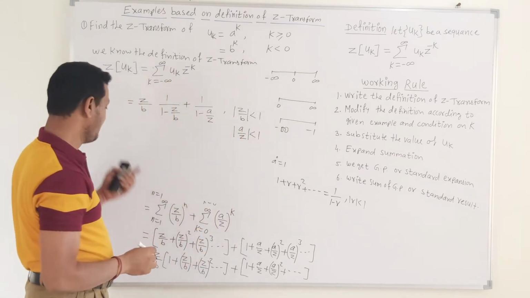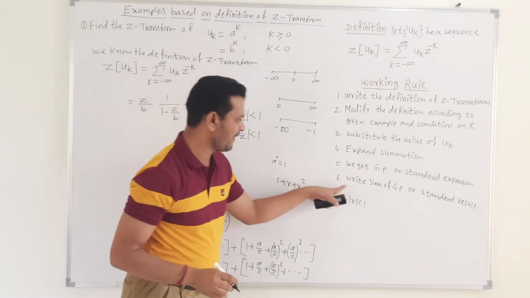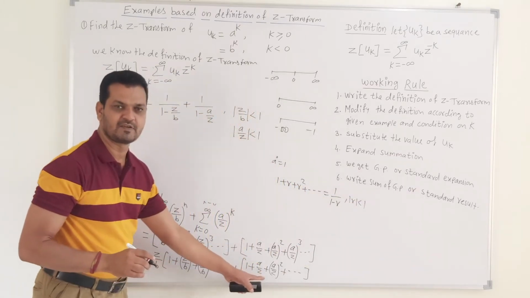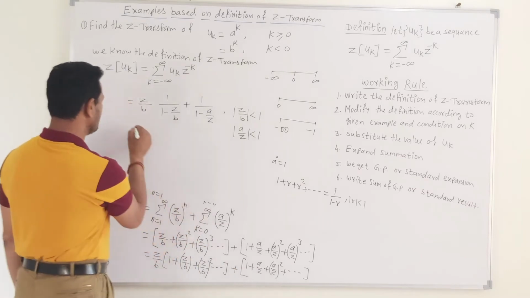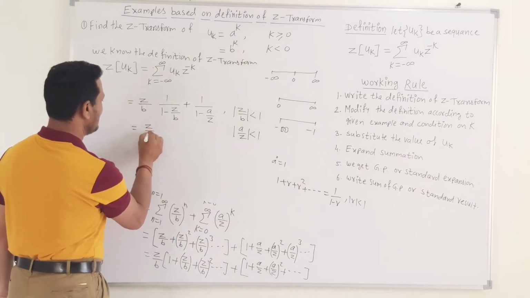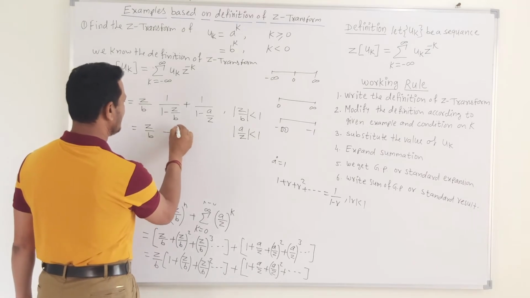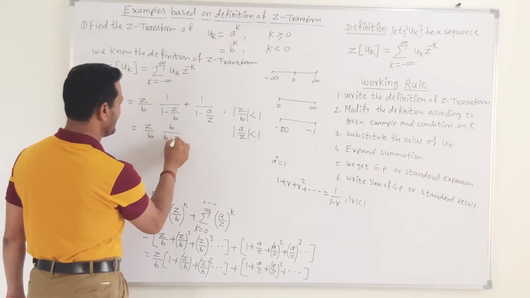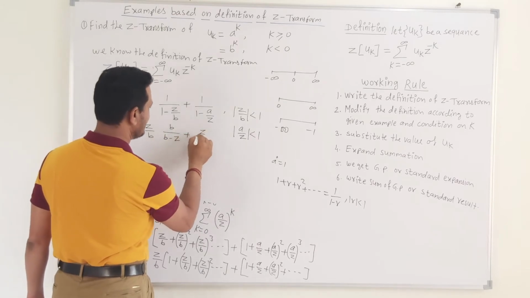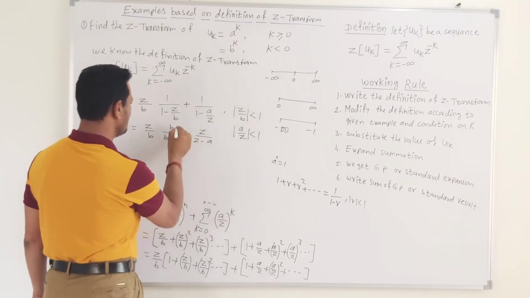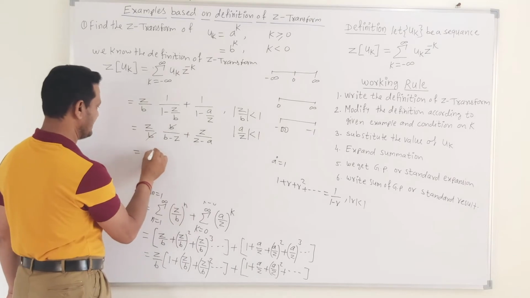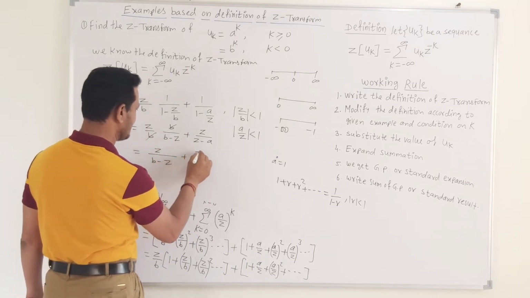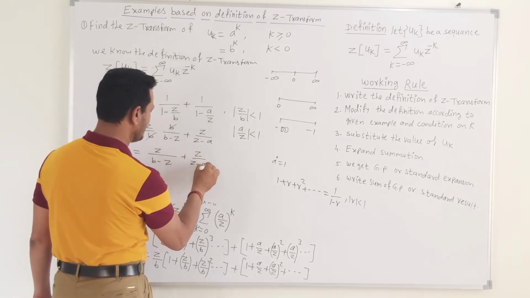That means we can write this as mod of a by z is less than 1. So friends, in this way we get step number 5. Write down the sum of geometric progression, because this equation as well as this equation is in our geometric progression form. Now just simplify this. We get this as z upon b, so after taking the reciprocal we get b, then b minus z, plus this is z upon z minus a. So this one term will get cancelled. So we get this as z upon b minus z plus z upon z minus a.